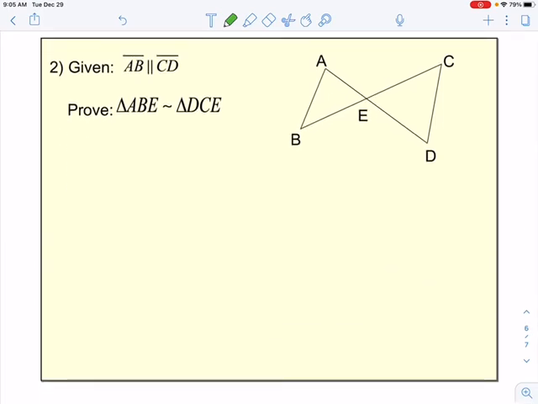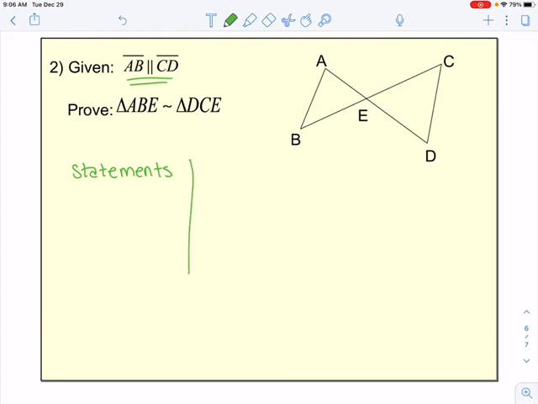Okay, so now we're going to do a proof involving similarities. I'm given that AB is parallel to CD, and I want to prove that triangle ABE is similar to triangle DCE. So again, I'm going to prove it by one of my three ways: either angle, angle similarity, side, angle, side similarity, or side, side, side similarity. When I look at my picture, I was told nothing about sides, and I'm given parallel lines. If I'm given parallel lines, the only thing I'm going to be able to show is that I have congruent angles. So I'm pretty sure the method I'm going to be looking for here is angle, angle similarity. So let's do our statements